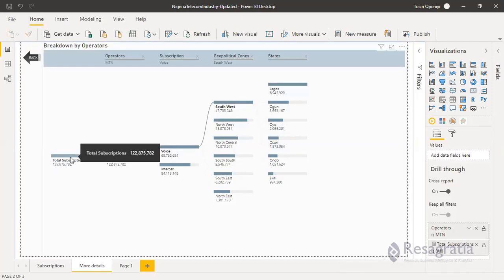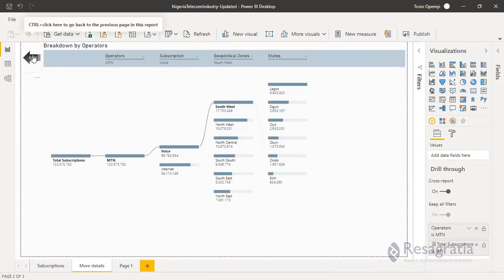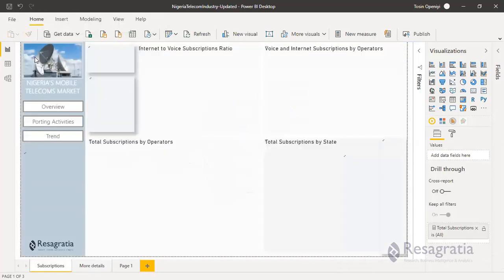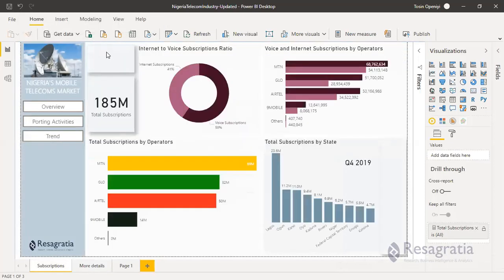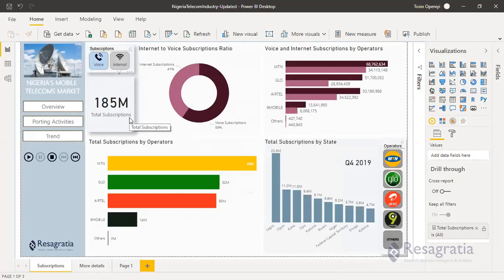This total subscription was supposed to... Oh, okay, I get it. Why I'm having this is because we've already set the slicer, which is defaulted to voice.